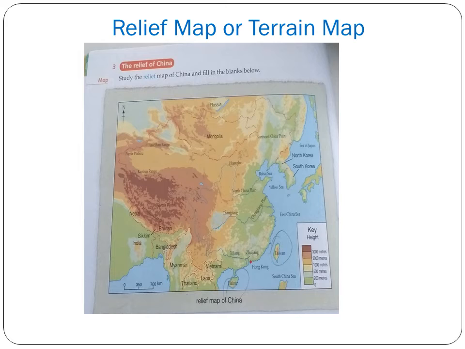If you see 200 meters, the color is green, dark green to a little light green, and you can see it on the eastern side of China, like the Northeast China Plain, the North China Plain. On the eastern side, it's all very green, shades of green. That means it's a plain, and mostly it's agricultural land or very fertile land. So here, this relief map shows us the different heights and the depths of the landforms that are present